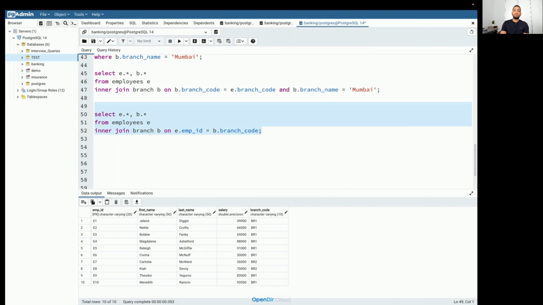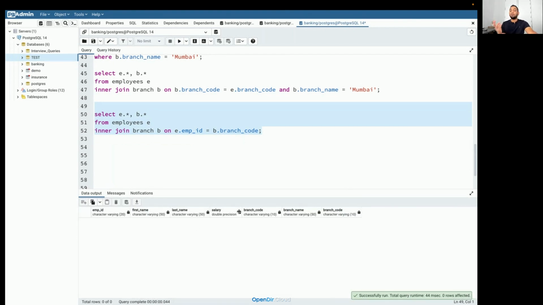Anyone? What will be the output of this query? 0. Okay, so I'll run this and you can see it is 0. Why? Because in this particular case, this join condition failed. I'm trying to see if any employee ID present in the employee table is present in the branch code column of the branch table. It does not happen, right? We do not have similar values, and that is why none of the records get matched,